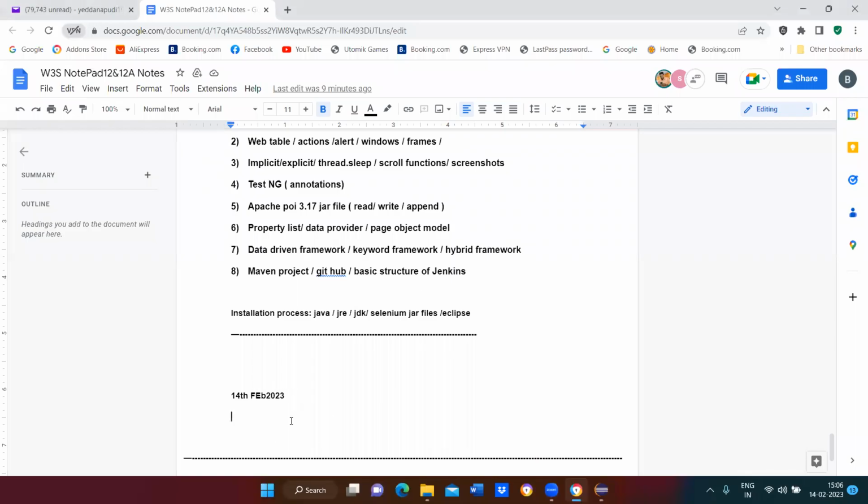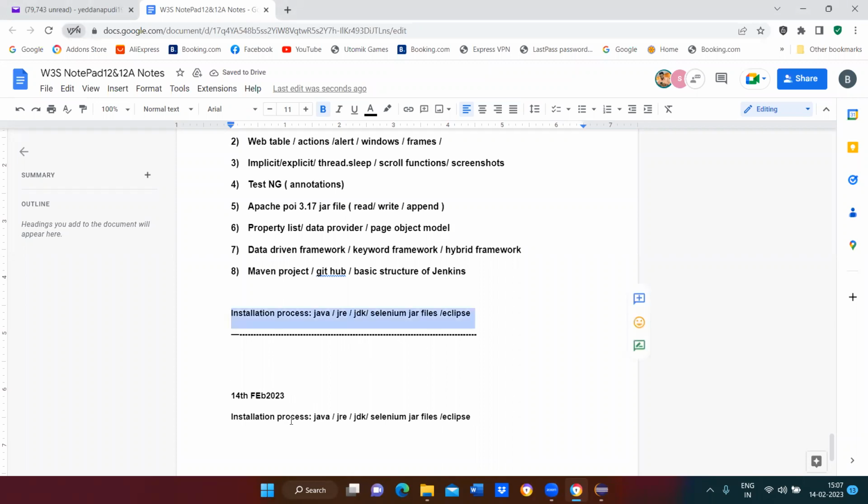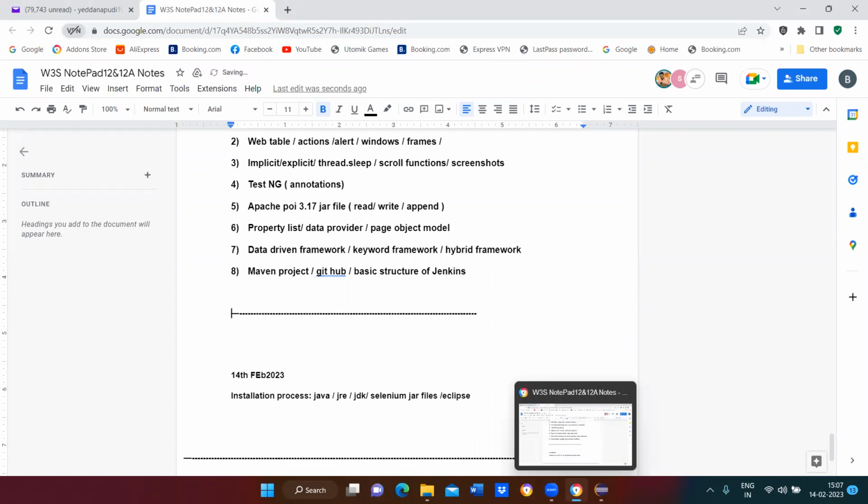Today we will cover the installation of Java, JRE, and JDK, and we'll go through the basic structure of Java. So for installing Java, JRE, JDK, what we can do is just go to Google and search for